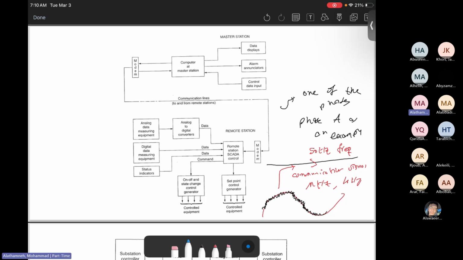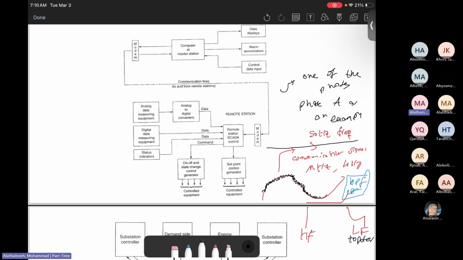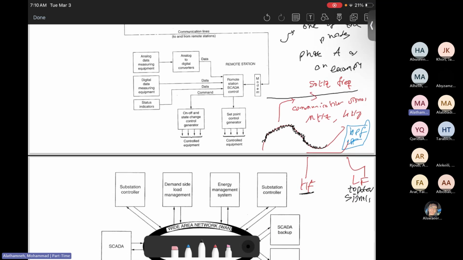At the end of the power line, there should be a high pass filter, or you can say low pass filter, whatever you want to call it. It will isolate the high frequency components and low frequency components. The low frequency component goes to the power signal, because we know the frequency is 50 hertz, to power up the devices. While the high frequency we understand